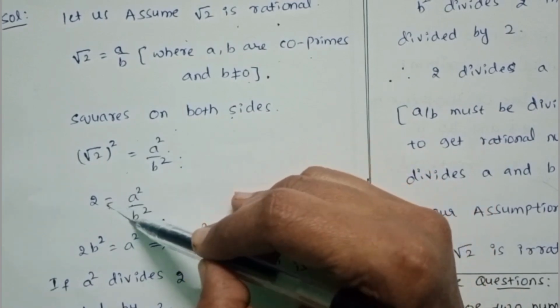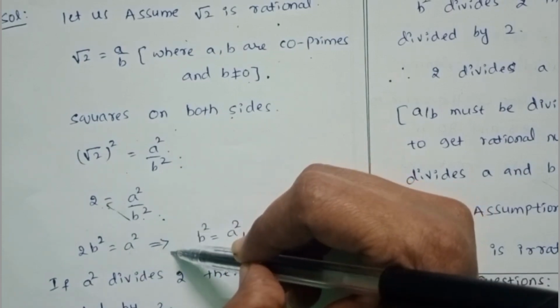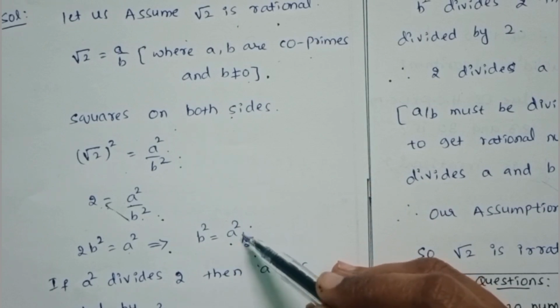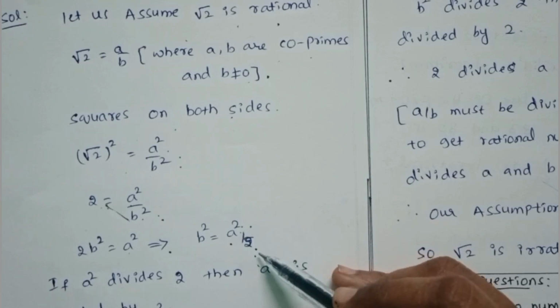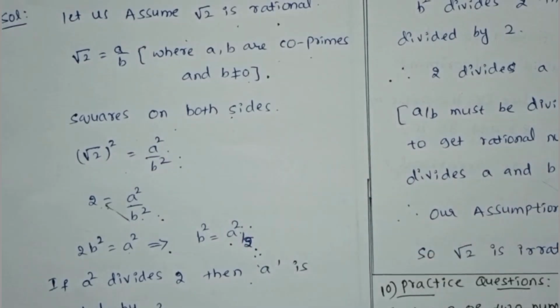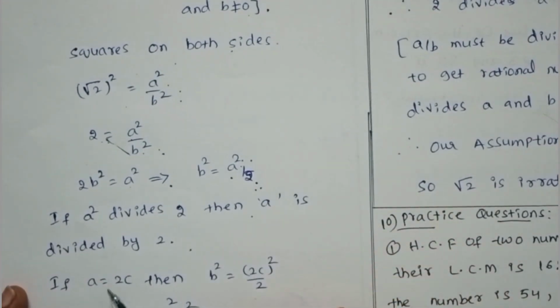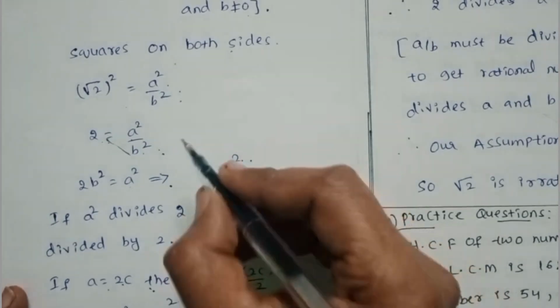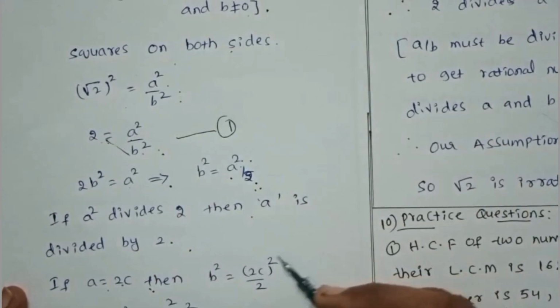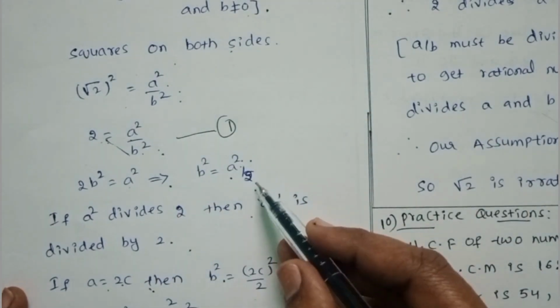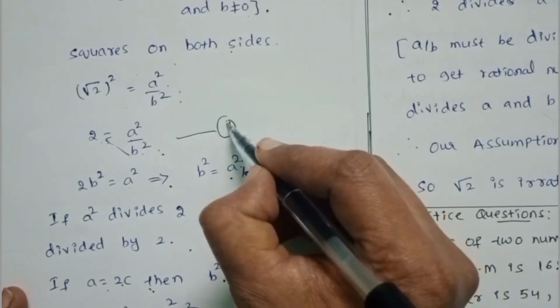Now cross multiply. 2B square is equal to A square. Write B square is equal to A square by 2. Here, 2 divides A square, so 2 divides A. Then A is also divisible by 2. That is the first condition. Next, take A is equal to 2C. Substitute A is equal to 2C in this equation. Then B square is equal to